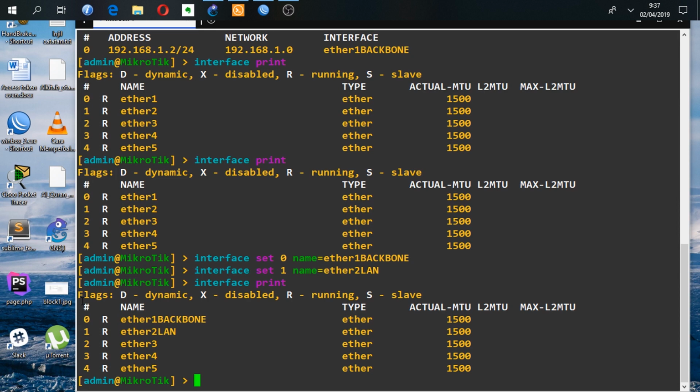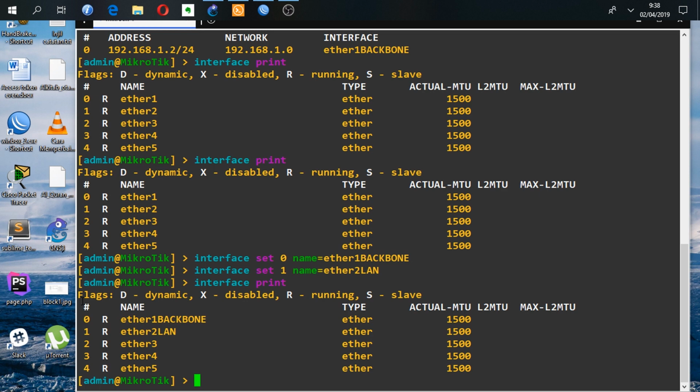For the next we will discuss how to disable an interface. If at the front of a configuration an interface has the symbol X, that is a sign that the interface is not active, it has been disabled. Or we can use a command to disable one interface, for example interface Ether4. So you can use a command like this.